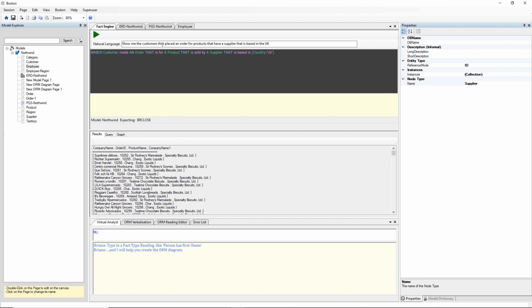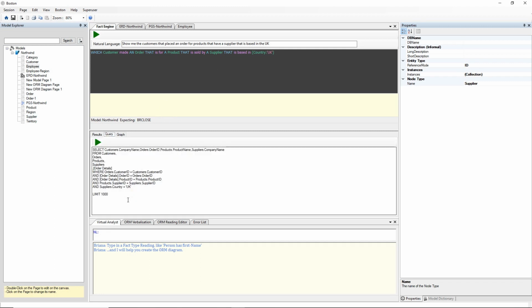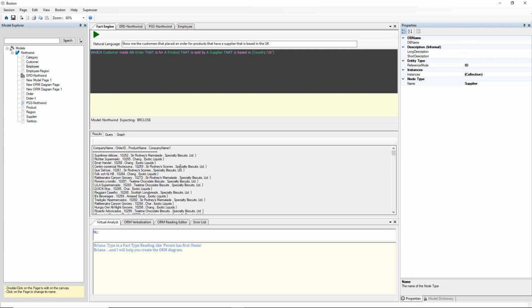So show me the customers that placed an order for products that have a supplier that is based in the UK has been converted to which customer made an order that is for a product that is sold by a supplier that is based in the country UK. That's been converted to SQL, and there's our results there. So that was a very good example, really, because we showed that the query is schema aware. So we had previously changed supplier to suppliers, it didn't recognize that, we changed it back to supplier, and now our query executes successfully.